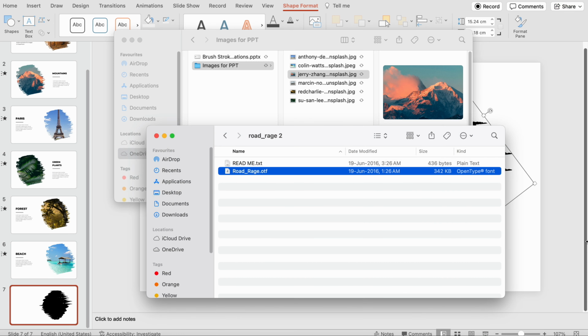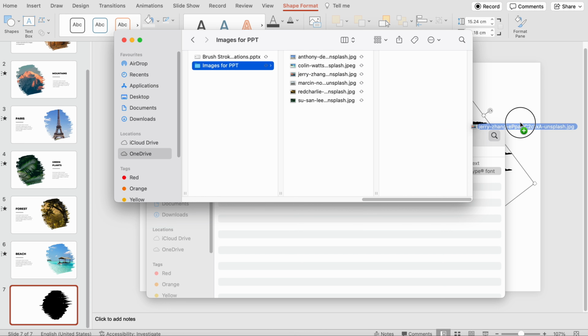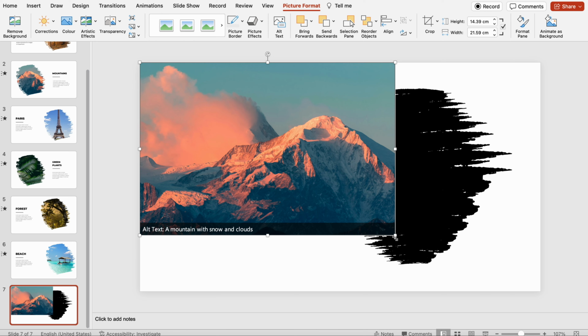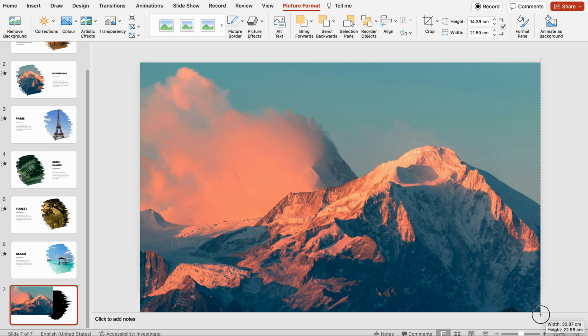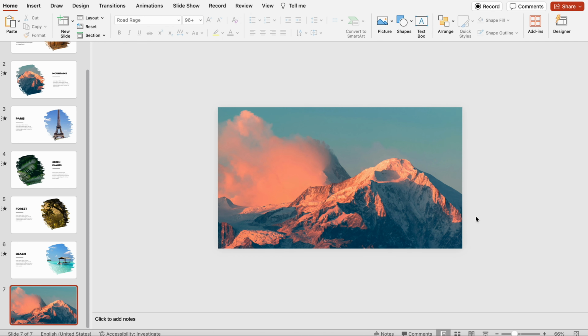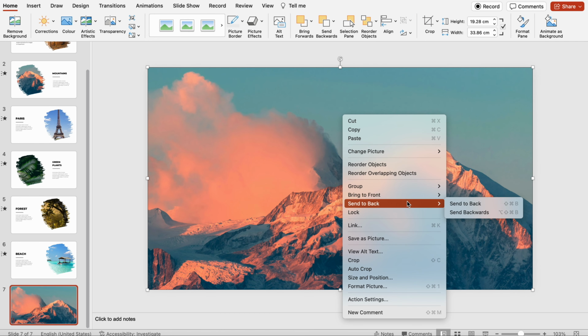I'll just go to that folder and drag and drop one of these images onto my slide right here. Once you have that, we're going to stretch this to fit our slide. I'm going to crop that very quickly. All right, so once we have that onto our slide, I'm going to right click on it and click on